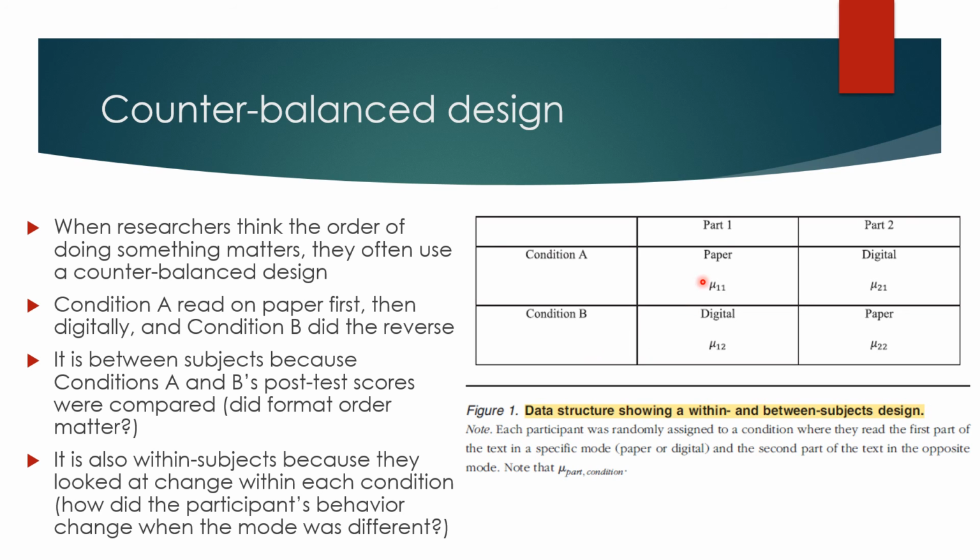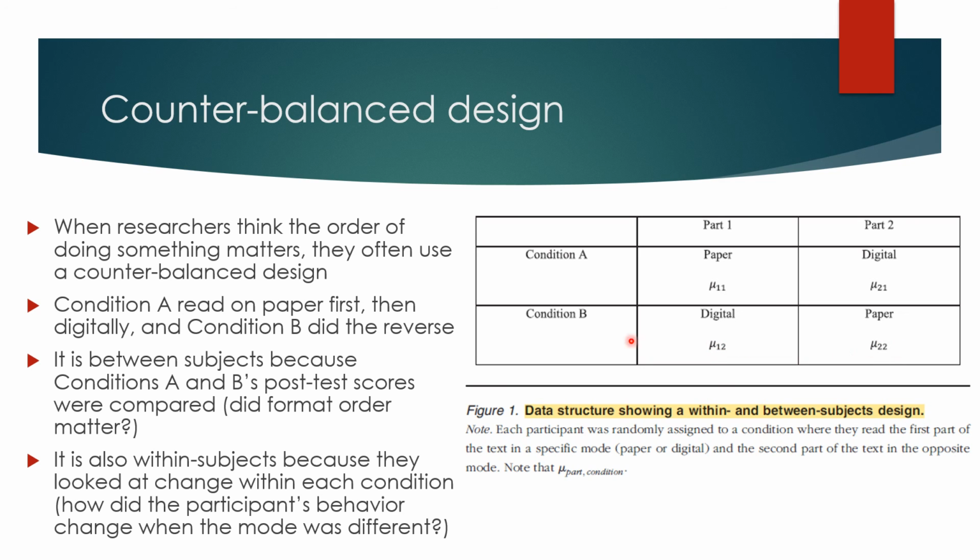the behavior of the person was doing in terms of highlighting and going back and reviewing. So did that matter? Did your behavior change when you were on paper? So were you highlighting more on paper than when you switched to digital? And you can do that in both conditions because both conditions, whether or not you were in condition A or condition B, you got exposed to both the digital and the paper. So you could see if there was a difference between when they were doing digital reading versus paper reading in